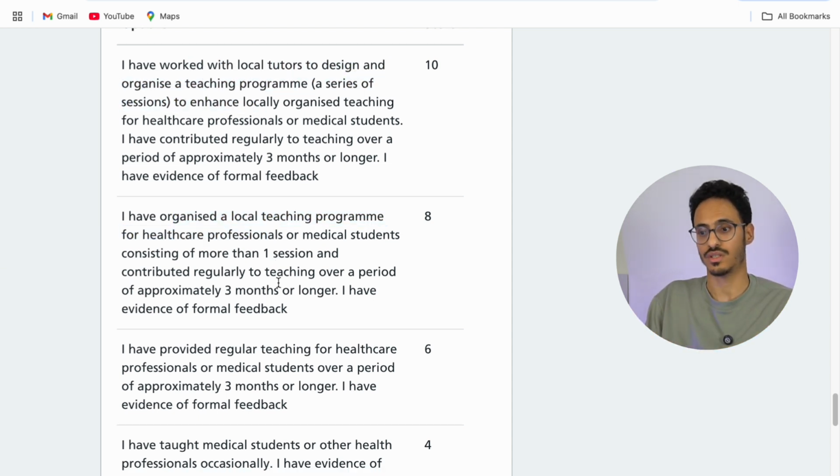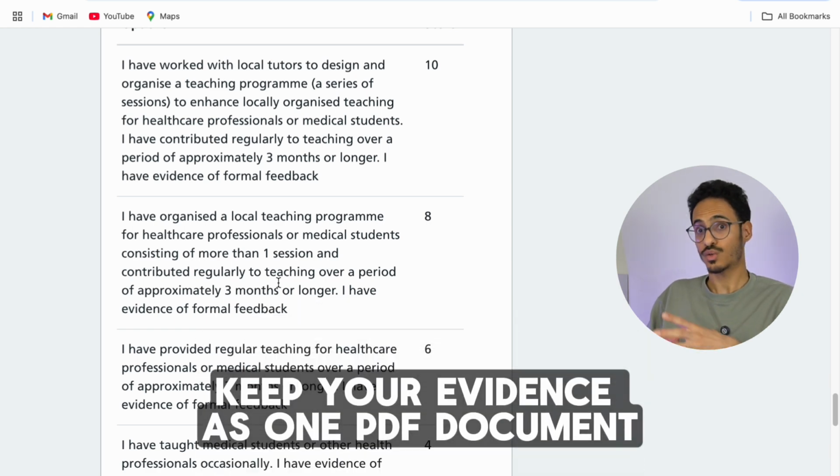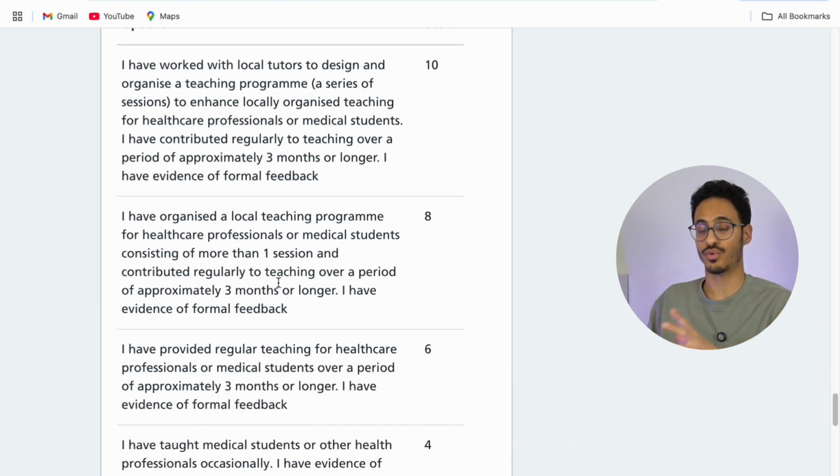of your teaching initiative. If you want to create a letter, that's also appropriate in this case. You can put your certificate and attach a letter with it, but keep it as one document, because you can only upload one document in the portal for each domain. And in that letter, you can just simply copy and paste this paragraph. Obviously, write it nicely, keep your name there with that paragraph somewhere in the letter,